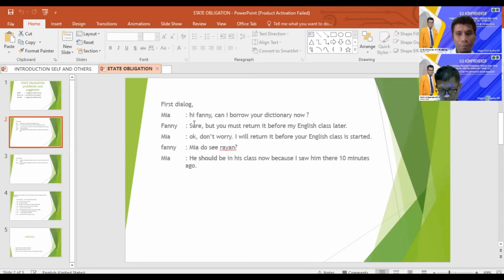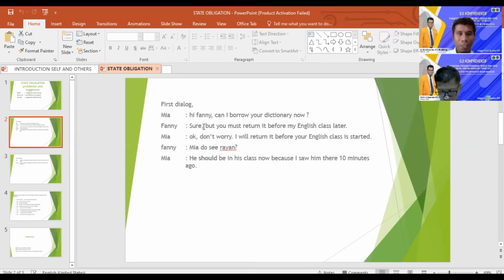First, you can see this is dialogue about Mia and Fanny. Mia: Hi, Fanny, can I borrow your dictionary now? And Fanny answered, sure, but you must return it before my English class later.